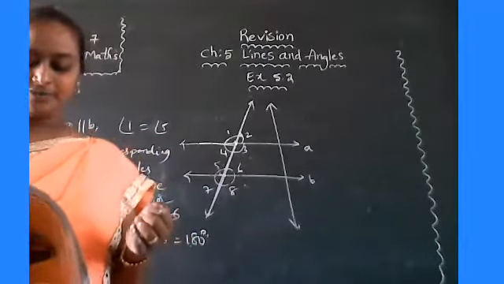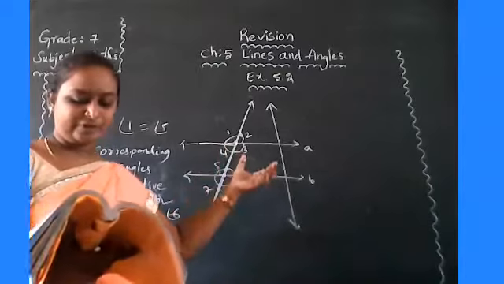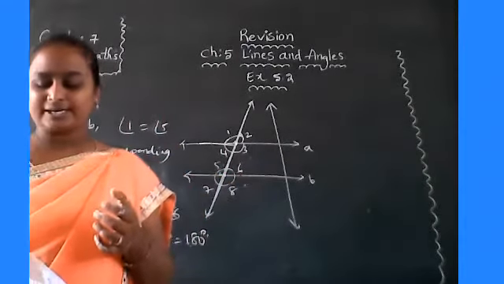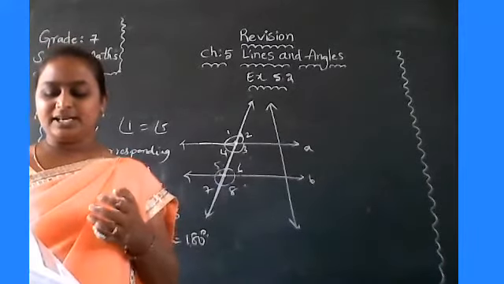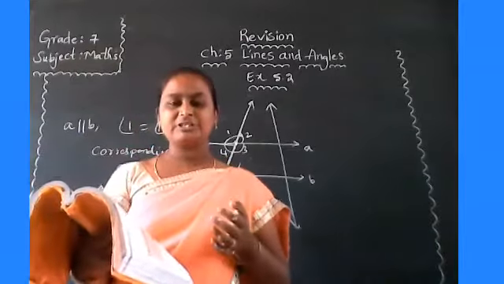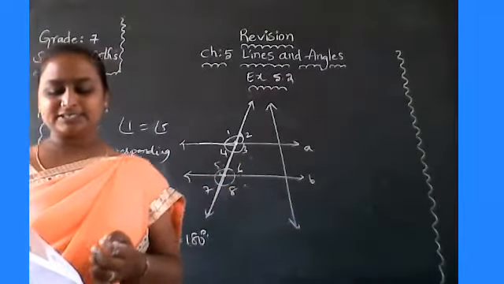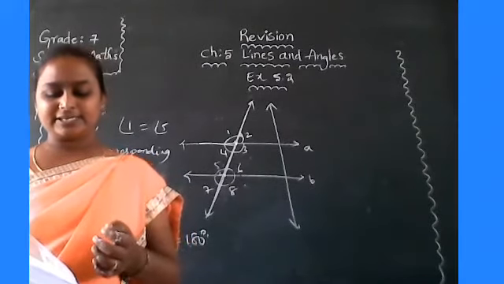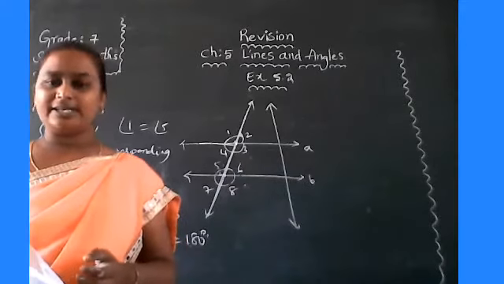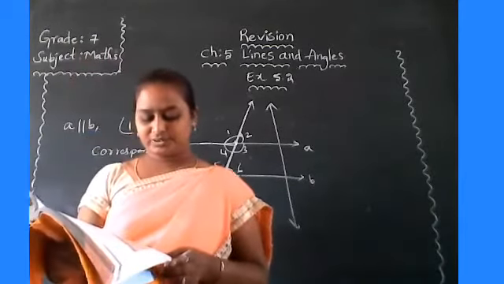Second one also, given in the adjoining figure. Identify the pair of corresponding angles. In the textbook he has given A and B as two parallel lines, C is a transversal, angle 1 to angle 8. So 8 angles are given. Which are the corresponding angles? What are the pairs of alternate interior angles? And the pairs of interior angles on the same side of the transversal? What are the vertically opposite angles? Everything you have to do. Right.